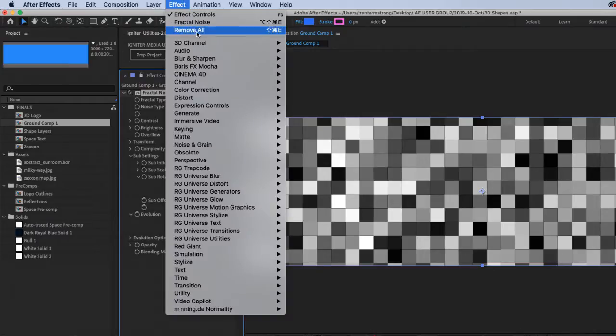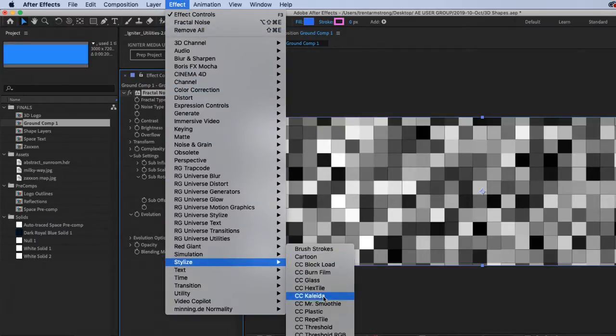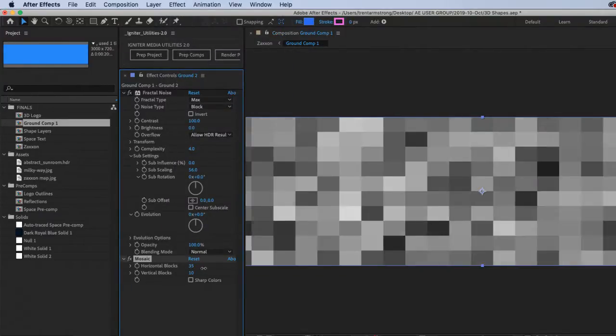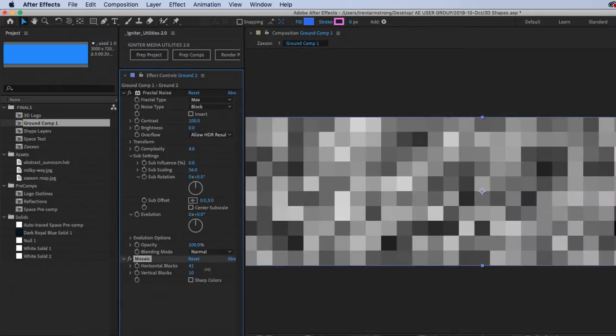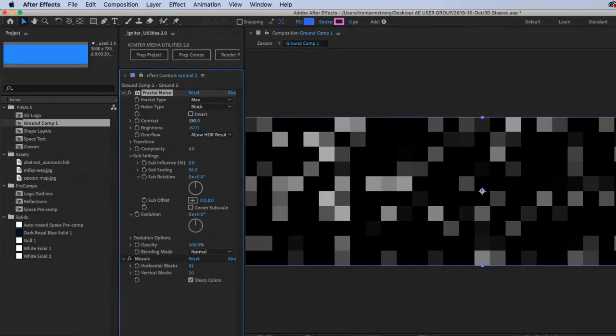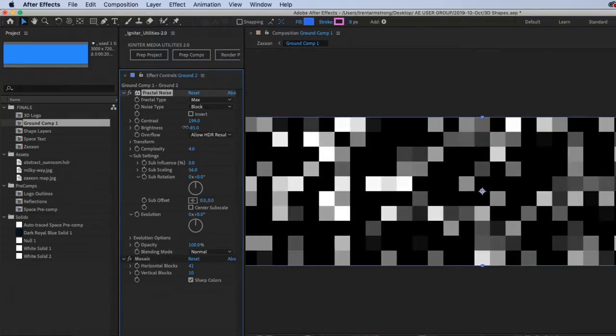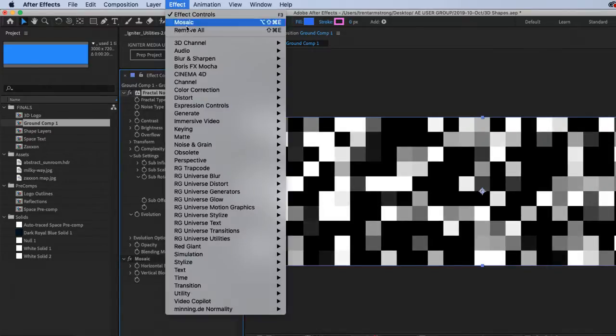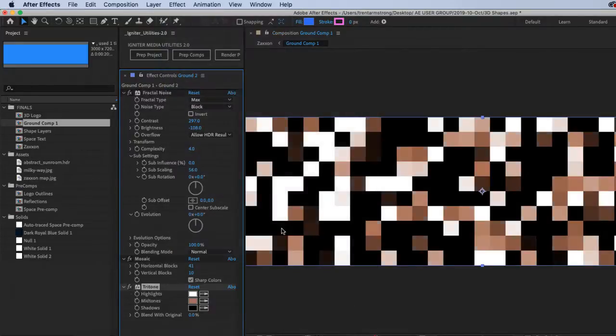Now I'll put a mosaic on here. Try and match that. We want sharp colors, and we're just going to do brightness and contrast here until we get a little bit of a pattern. And then we'll do a tritone.